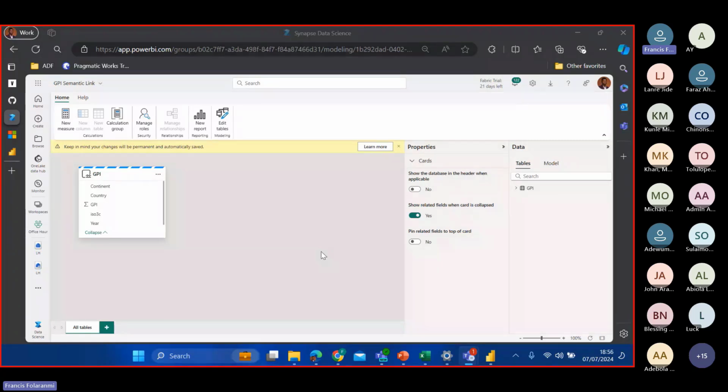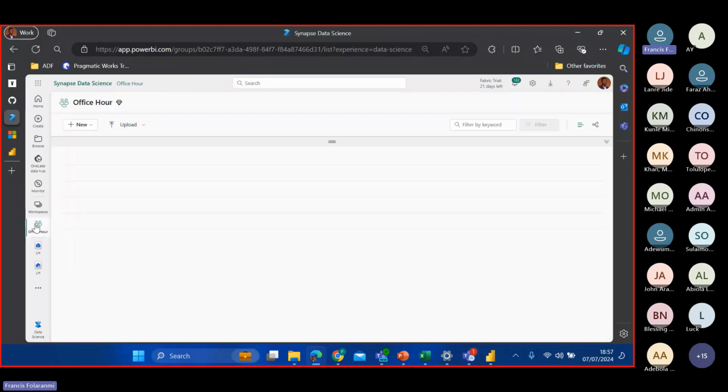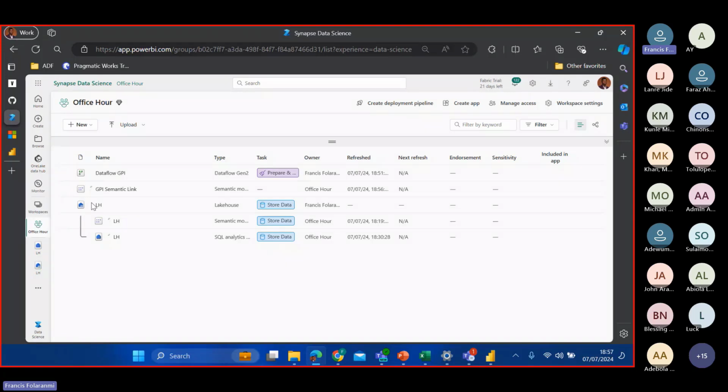But I don't want to take this approach. I want to take an approach of auto creating my report. So I will just exit this one because I had created one before. I will show us what I have created because of the limitation of what we can do within Power BI environments in the cloud as against Power BI Desktop. I'll go into my workspace now. Remember, we are working with task flow. So this is the semantic model.